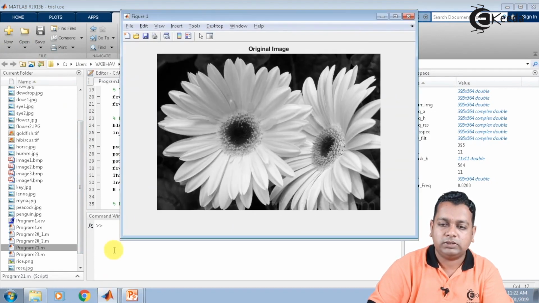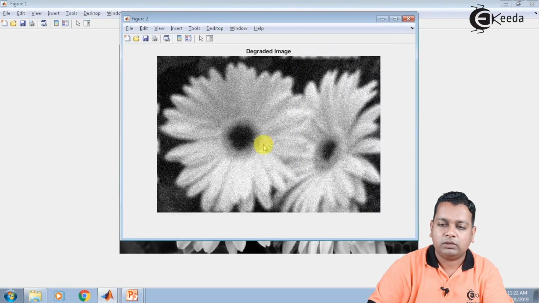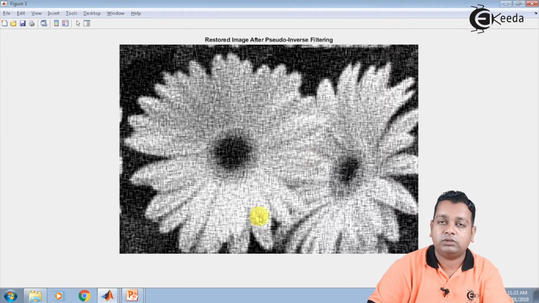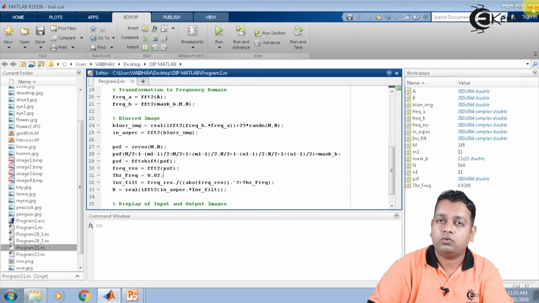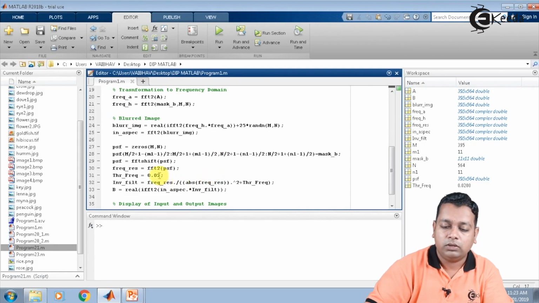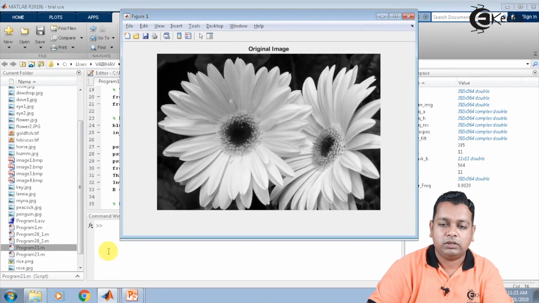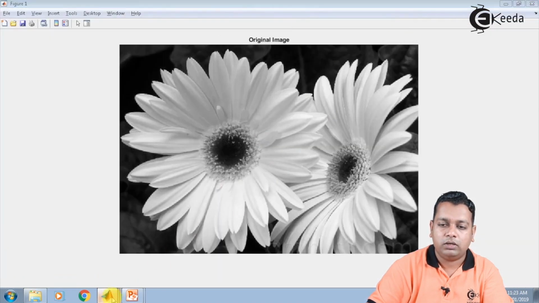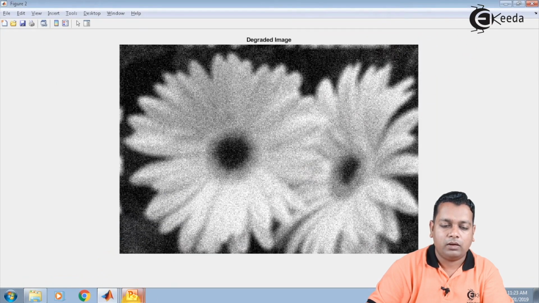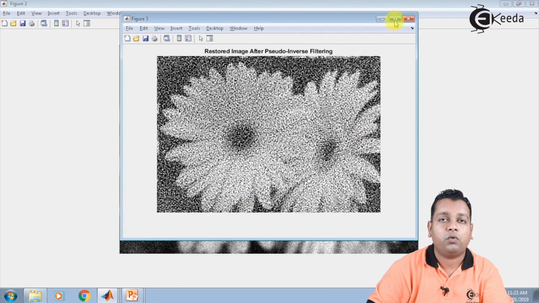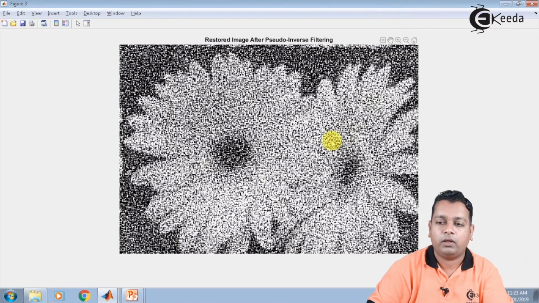Saving the changes, and for the same flower2.jpg we shall check the result here. So you can see the changes. This is the original image, the changed degraded image you can observe here along with the restored image. So the restoration has changed because of the change in that particular value. Instead of 0.2 we have made it 0.02. We can again lower it down to 0.002, just saving the changes for the same input image flower2.jpg. Here you can see the original image compared to the degraded image, and lastly the restored image with the new value set here.